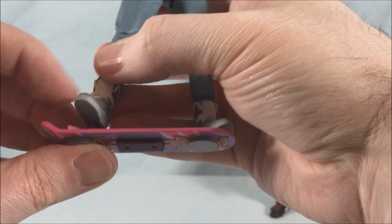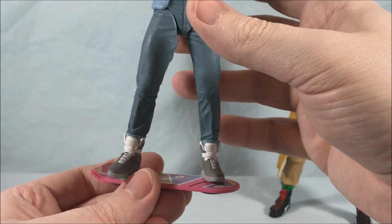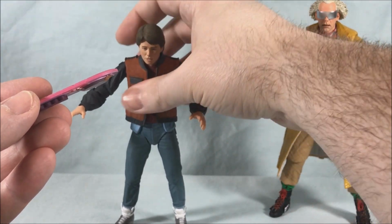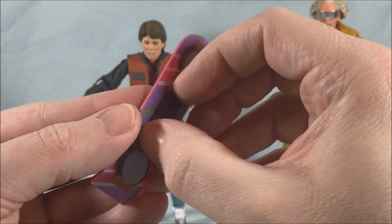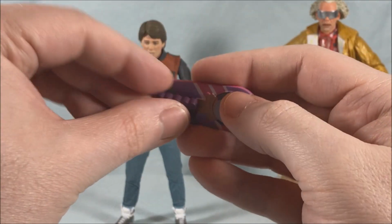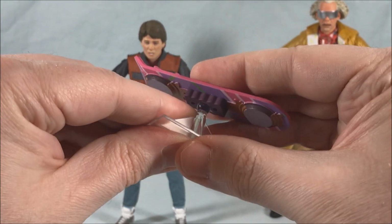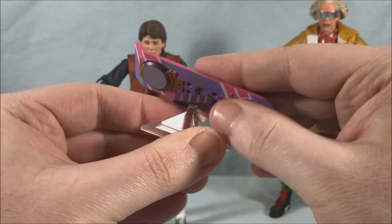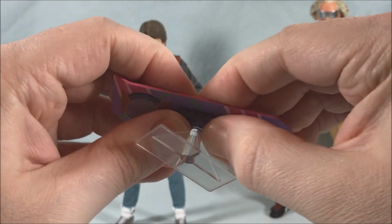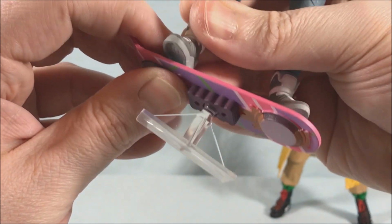So you can bring this in and then peg it into the bottom of his foot, which it's a little bit of a tight peg, but you can get it going there. And then he can actually ride the hoverboard. Another thing you can do, which is actually pretty cool, if I can get him to stand, there we go. This piece underneath can actually be removed like so. You can see it has the 4 pegs there. And then you get a second one here that pegs in. And you can see that there's a hole here because it comes with a little stand that you can peg into it. And then that way he can look like he's actually, whoops, came unpegged. It's pretty tight. I think over time it'll loosen around, but it can actually look like he's riding the hoverboard, which is pretty cool. So we bring this back and we try to peg this into the bottom of his